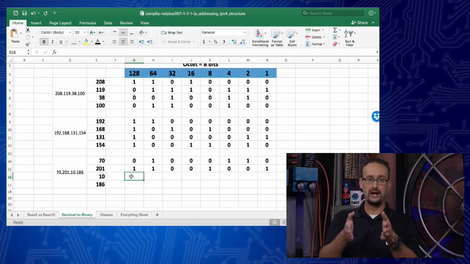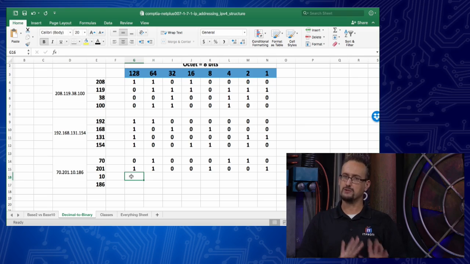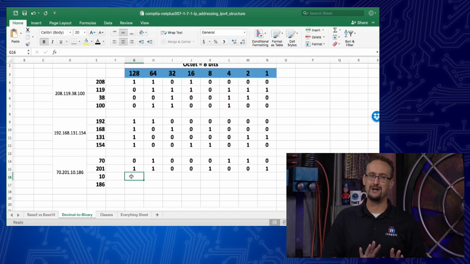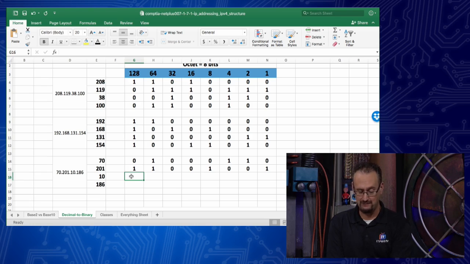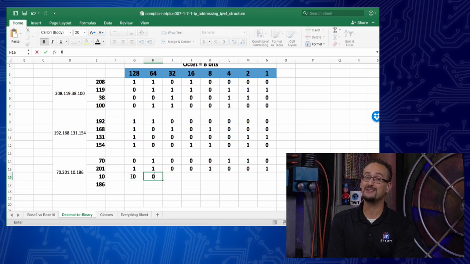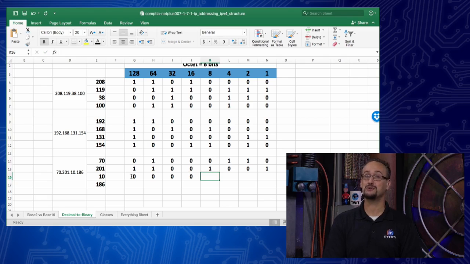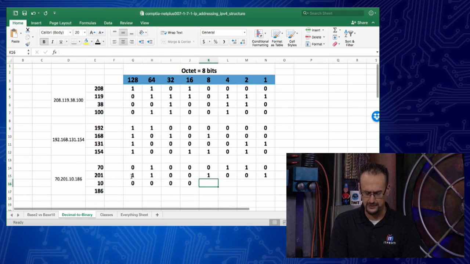All right, hang on with me here. We're almost done with some of the math. Thank goodness this is the binary math that you need to know for some of the basics. Let's go ahead and do 10. 10 is fairly easy because guess what? I can't use 128. I can't use 64. I can't use 32. Can't use 16, right? The first place value I can use in the decimal 10